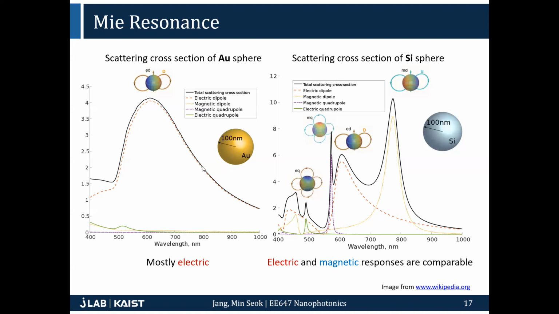You have an oscillating electromagnetic wave: the electric field is oscillating this way, the magnetic field is oscillating that way. Then this particle has so many free electrons, so it tends to be a strong electric dipole, right? So its response is mostly electric, so there's nothing